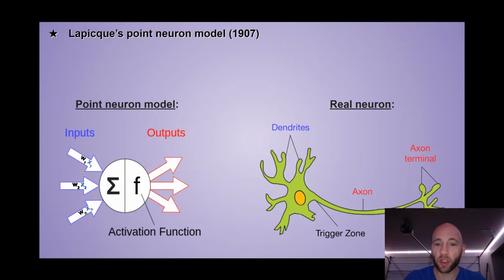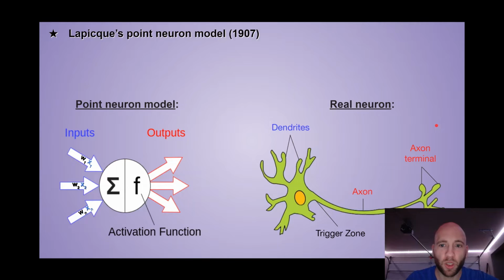Inputs in the real deal will arrive at the dendrites. And if a threshold signal is reached and the activation function triggers, that type of mathematical abstraction on the left actually occurs at the trigger zone on the right. If the threshold of voltage across this cell membrane is achieved, and we'll go over that in a second, then an output is sent along this axon to its neighbors,